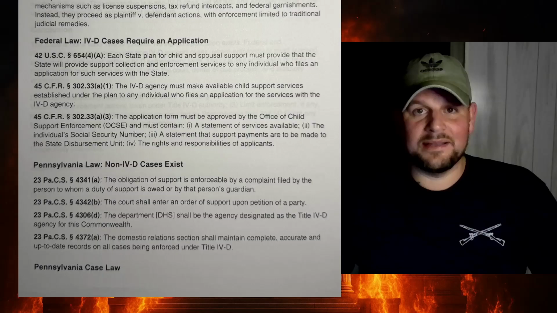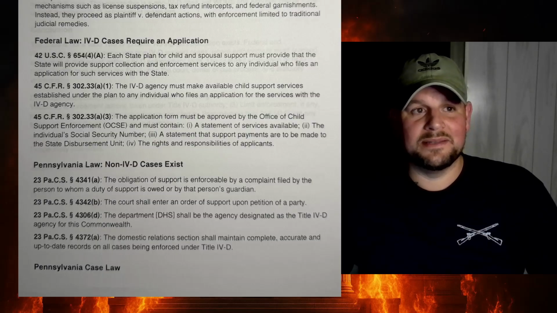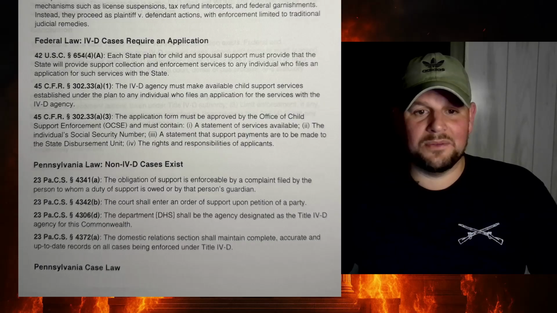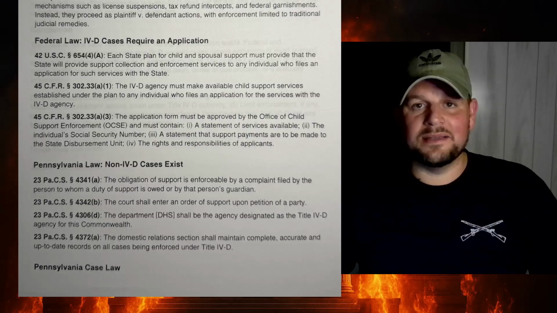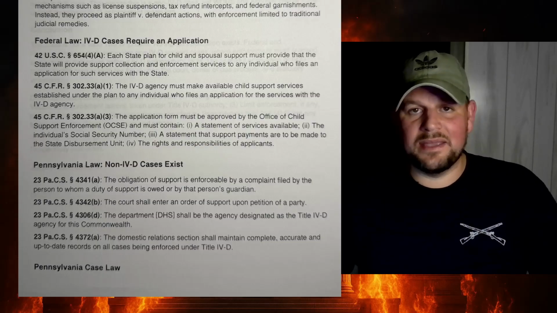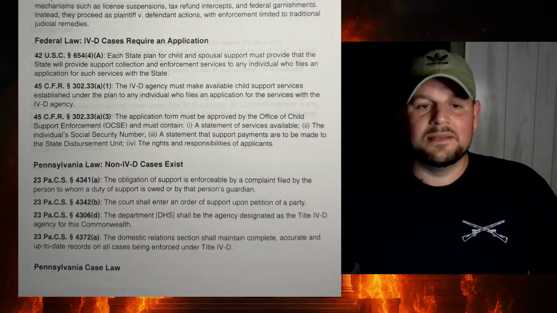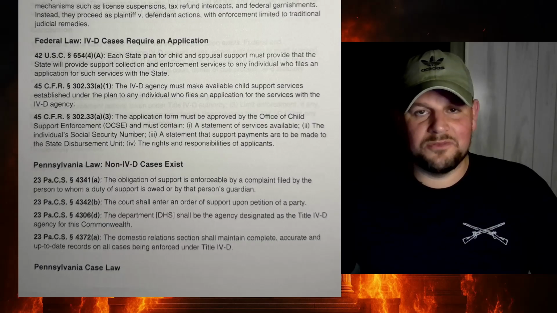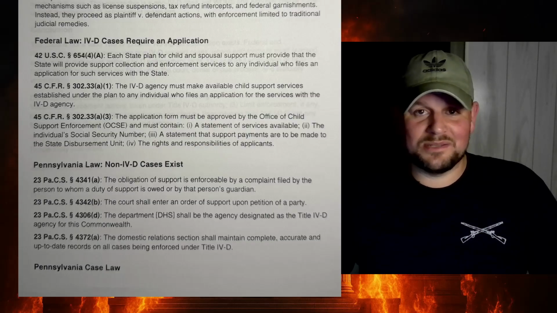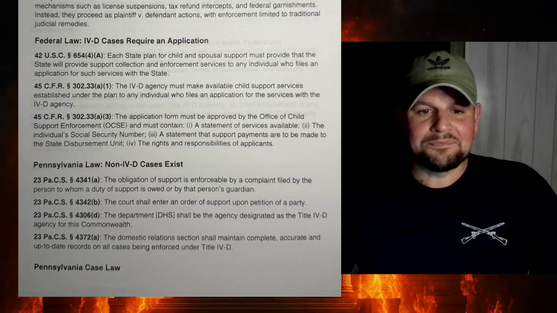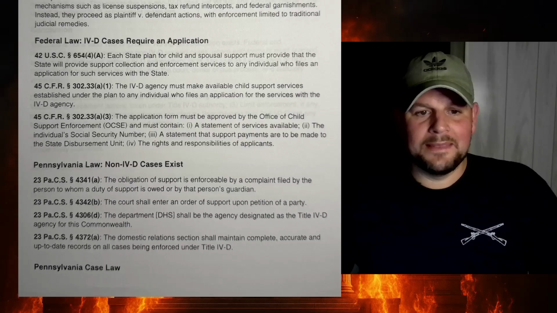So that means if I'm the woman and my ex-husband is my ex, I have the child, I go to the court, file an order of support with the courthouse, the judge signs it, and that's it. And I have to enforce it. So if my ex doesn't pay me, I have to go to the judge, tell the judge, hey, he's not paying the child support. We need to have a hearing. They'll schedule a hearing. So that's how it works when it's a non-4D. So non-4D child support cases do exist. It's not some new thing that's just happened. They've always been there. Let's see what else.